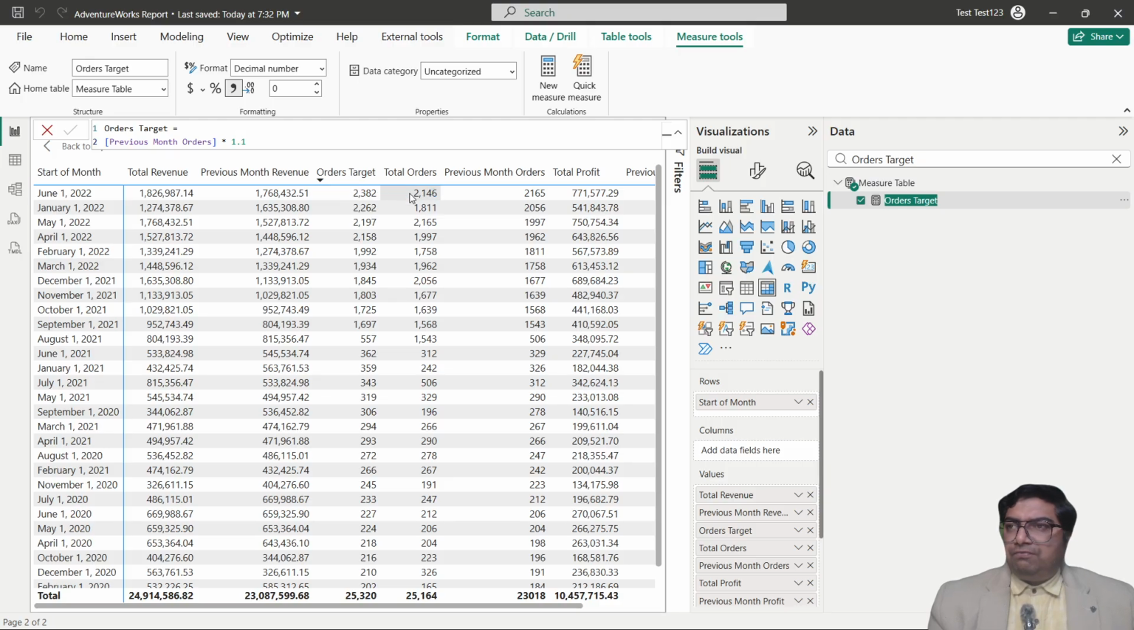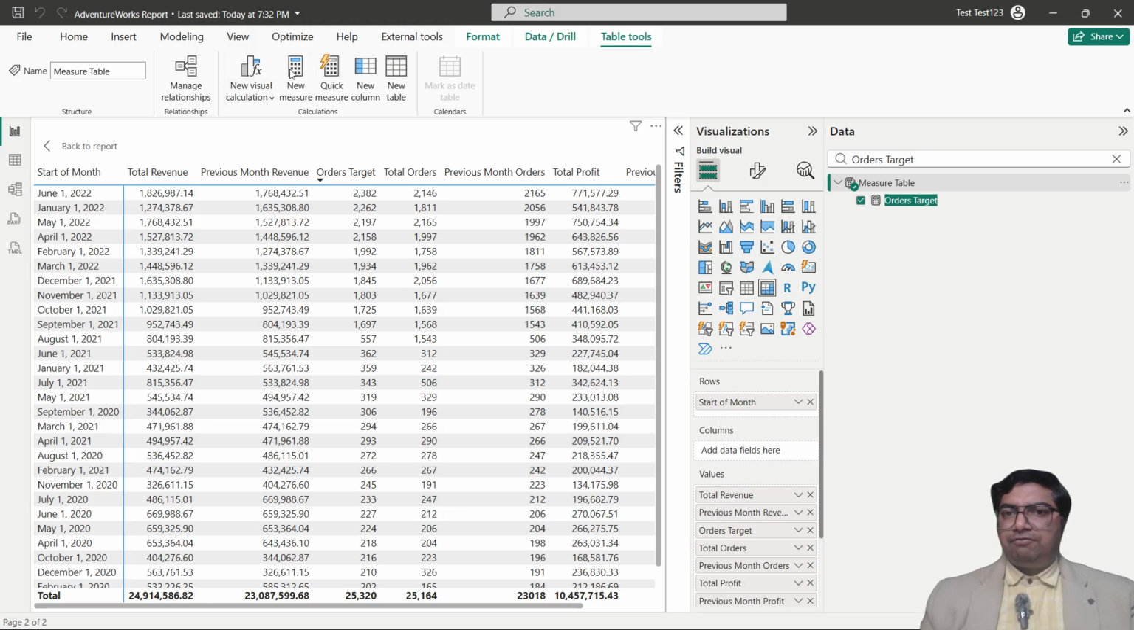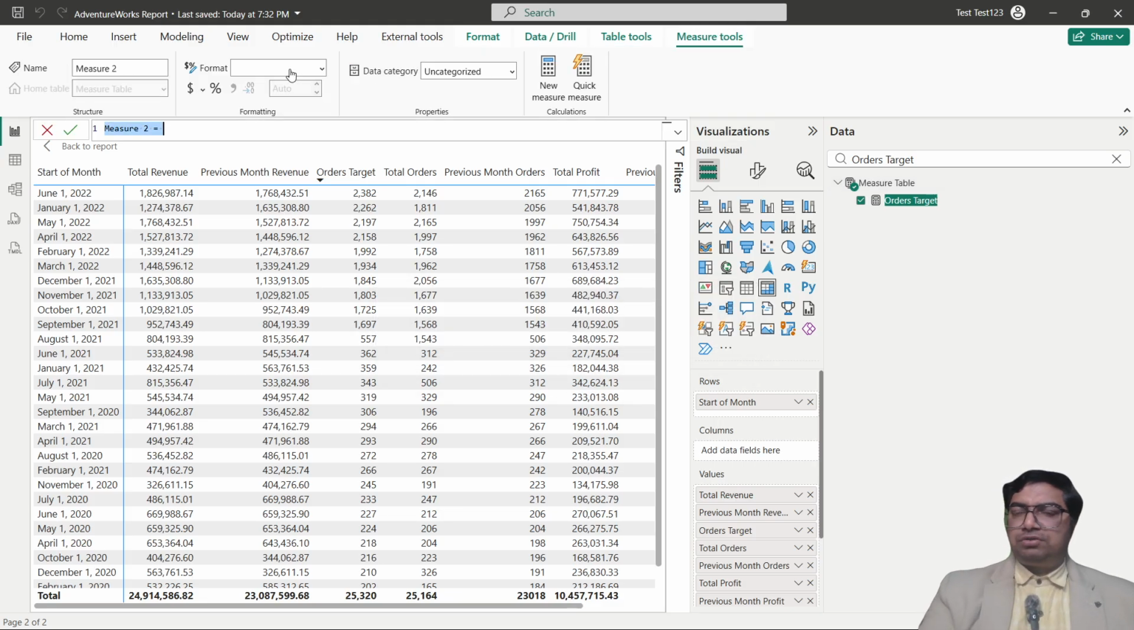Okay. We can also take the order percentage, this divided by this, so the divide formula. But the assignment which we have been given, let's see what is pending. Okay, the pending is the 90 days rolling. So order target also needs to be given and profit target also needs to be given. So let's click the measure table and create one more measure for the profit target